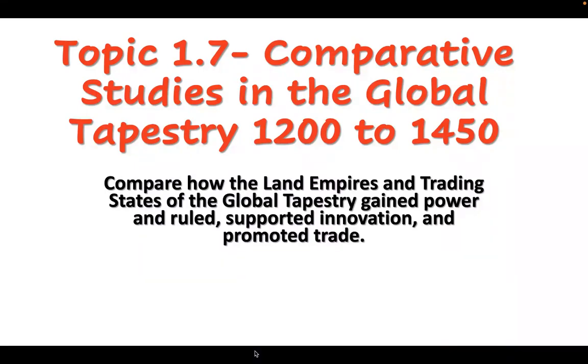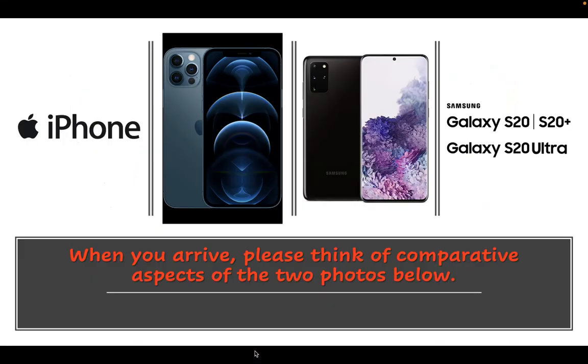Now, when we talk about this, we're going back to the big picture. So, our learning target or our essential question is basically compare how the land empires and trading states of the global tapestry gained power, ruled, supported innovation, and promoted trade during this time period. Now, before we begin, you're probably going to need some paper and some ideas to write down some notes on. Also, I've provided a graphic organizer in the resource section of the lesson that you can follow along and fill